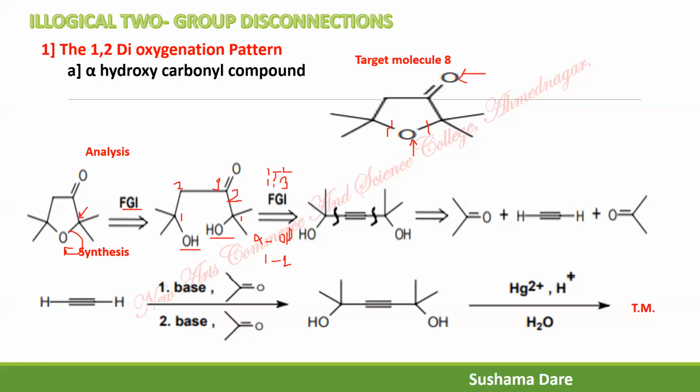In which direction do you have to disconnect? In the direction of 2. So the hydroxy group acts as a guiding functional group and you disconnect the bond in the direction of 2. So 2 carries the negative charge. Once 2 carries the negative charge, that means it is a substituted group; in the previous example it was CH3CO minus. Now it is a substituted group there. This is CH2CO, and for this I am going to write down just a triple bond.